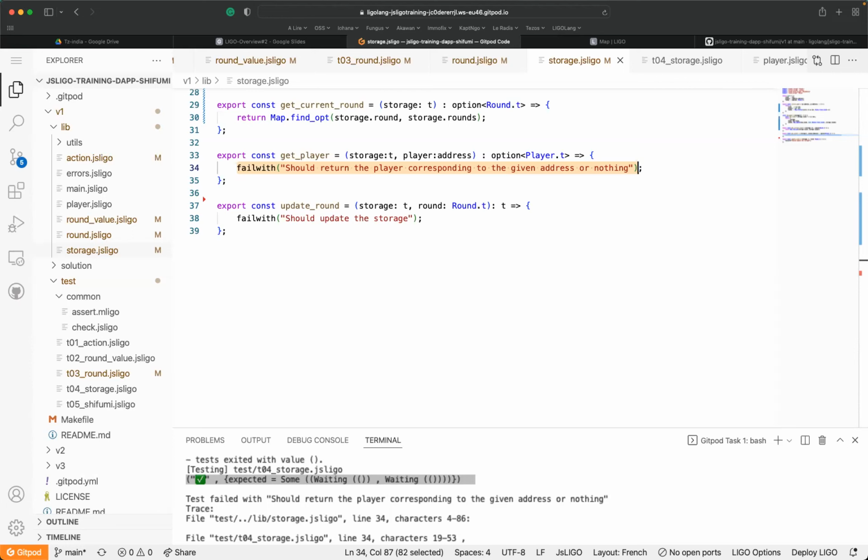So it could help and enforce the security of the contracts because you don't have to raise an exception. It could be a normal case, absolutely normal. For example, somebody can decide to play with this contract and send an action, and if this address has not been registered, it should be rejected. But we are not able to retrieve the player which is related to the address, which is not the good one. So this function reflects this. Okay, 2 minutes left.